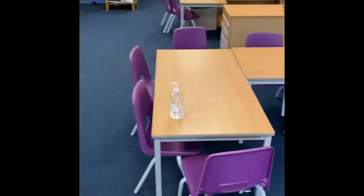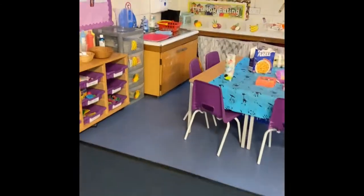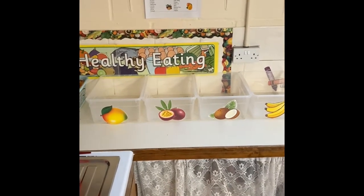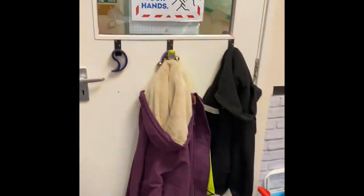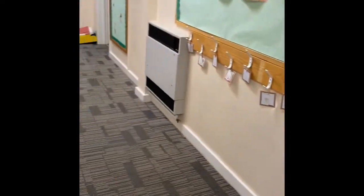we will then sanitize their hands straight away, and then the children will be responsible for putting their own belongings away. So they will come over here and put their snacks and drinks into our 4 boxes, either the mangoes, the passion fruits, the coconuts or the bananas. They will then leave the classroom through this door and hang up their coats and bags in our cloakroom in